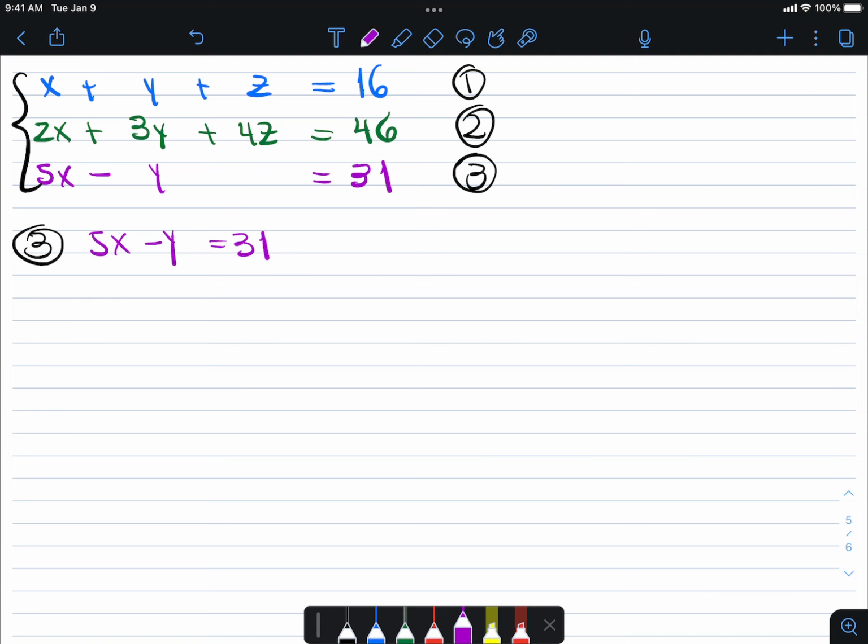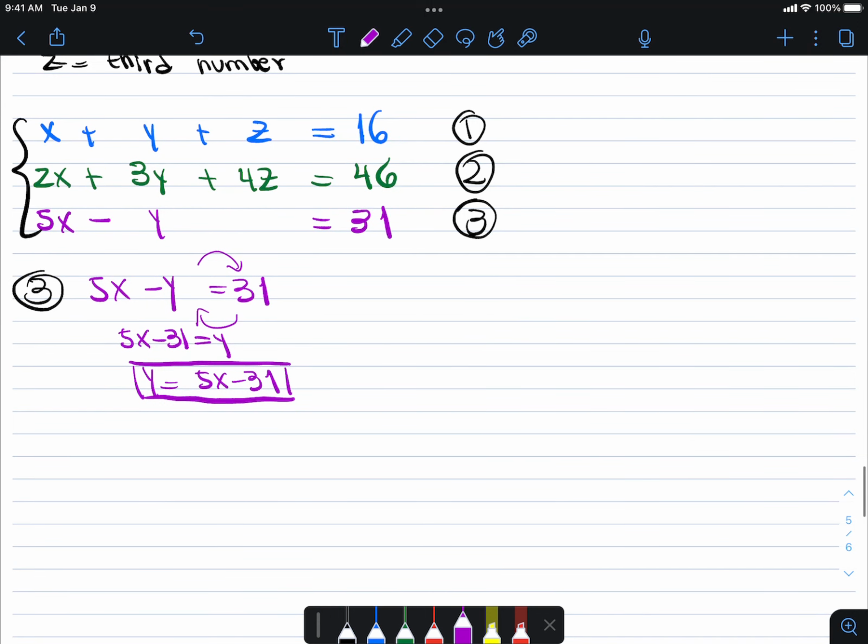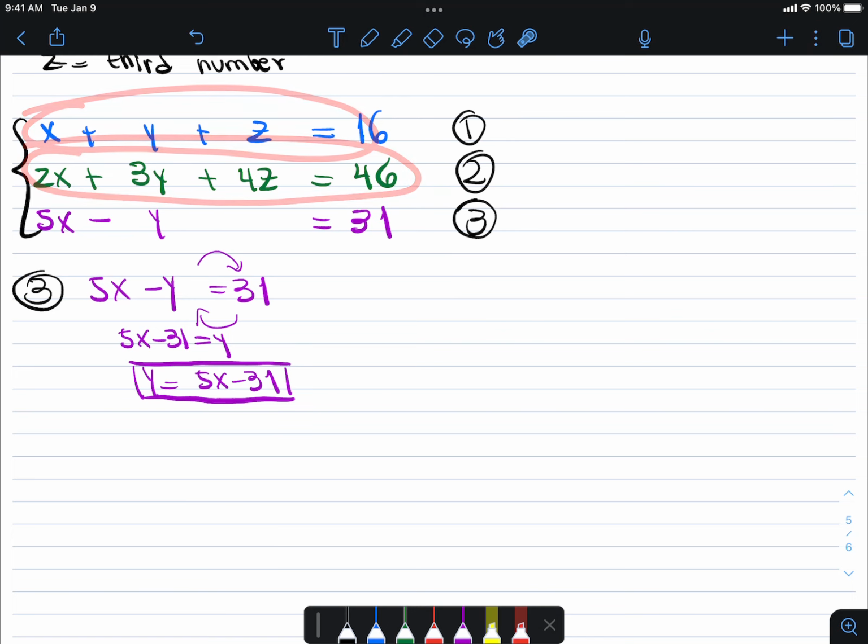So 5x minus y equals 31. If I move the y over and then move the 31 over, I get 5x minus 31 equals y, so y equals 5x minus 31. So what I'll do next is take this equation and substitute it back into each of the two equations 1 and 2. That way I won't have any y's anymore,